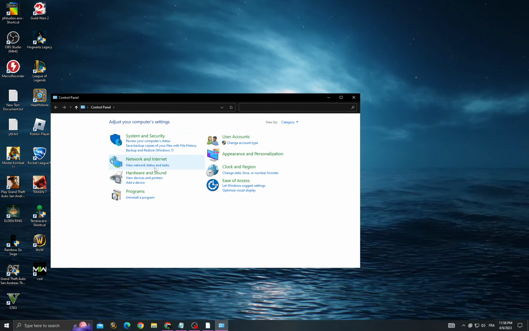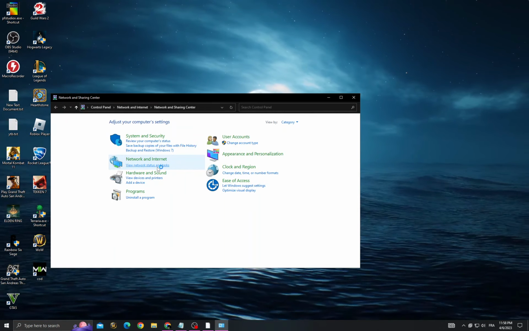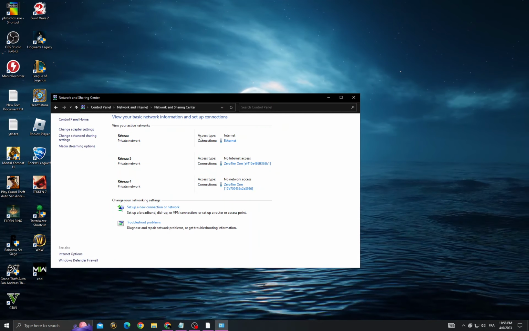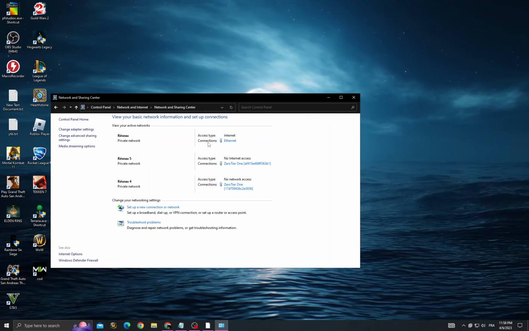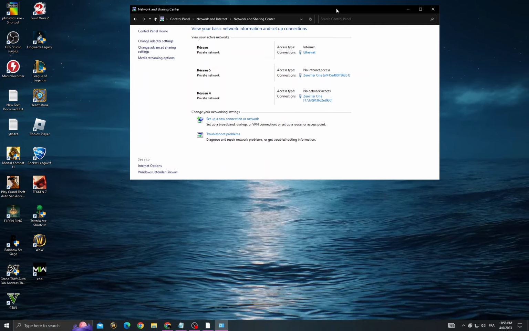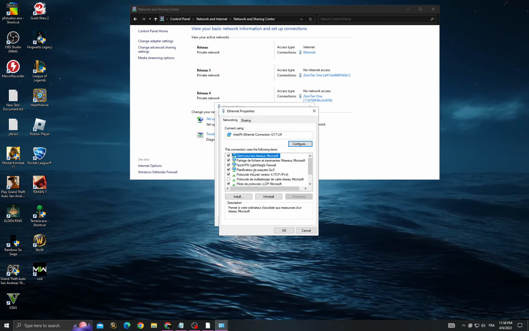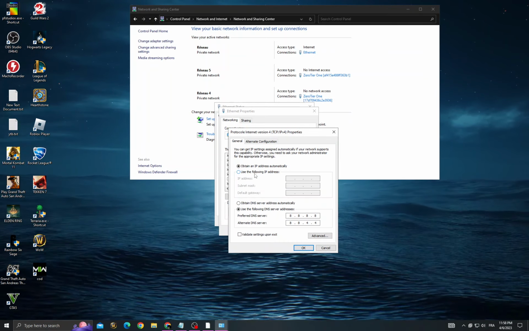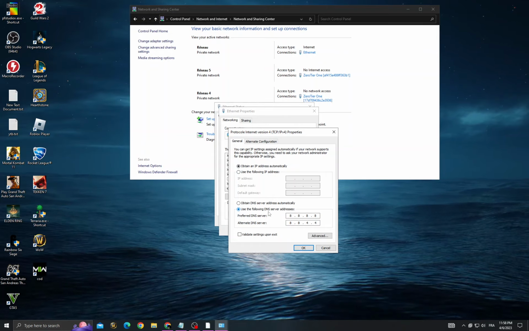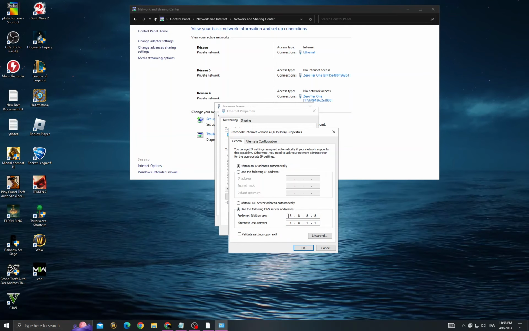Now click View Network Status and then, under access type, Internet and connections. It must be Internet or Wi-Fi. Then click on it. Properties, Protocol Internet version 4 and select use the following DNS server addresses and put those